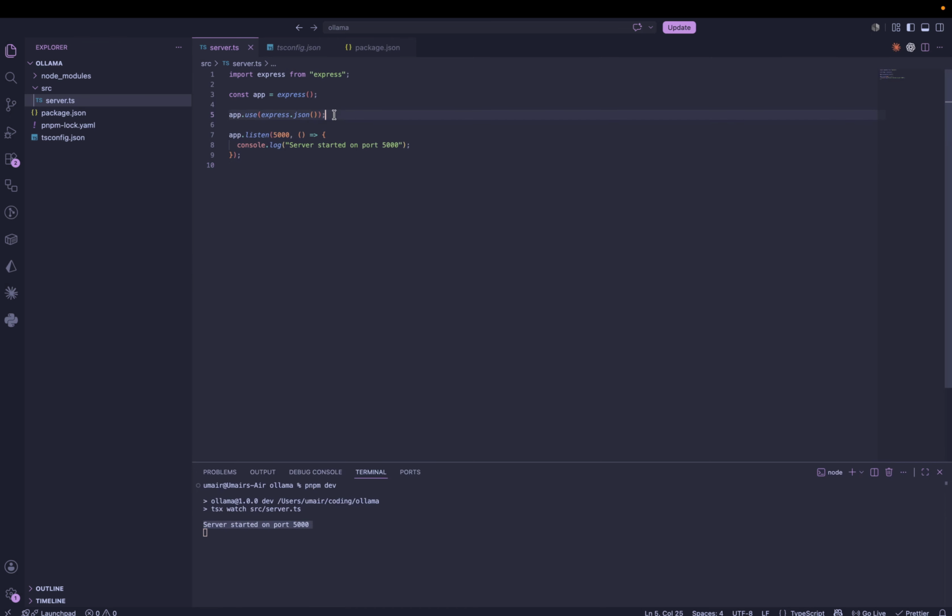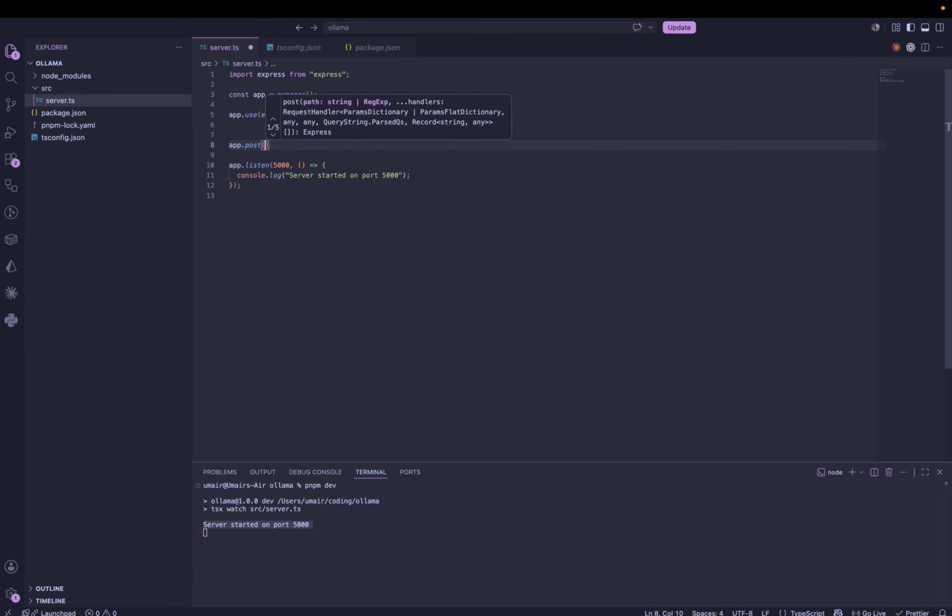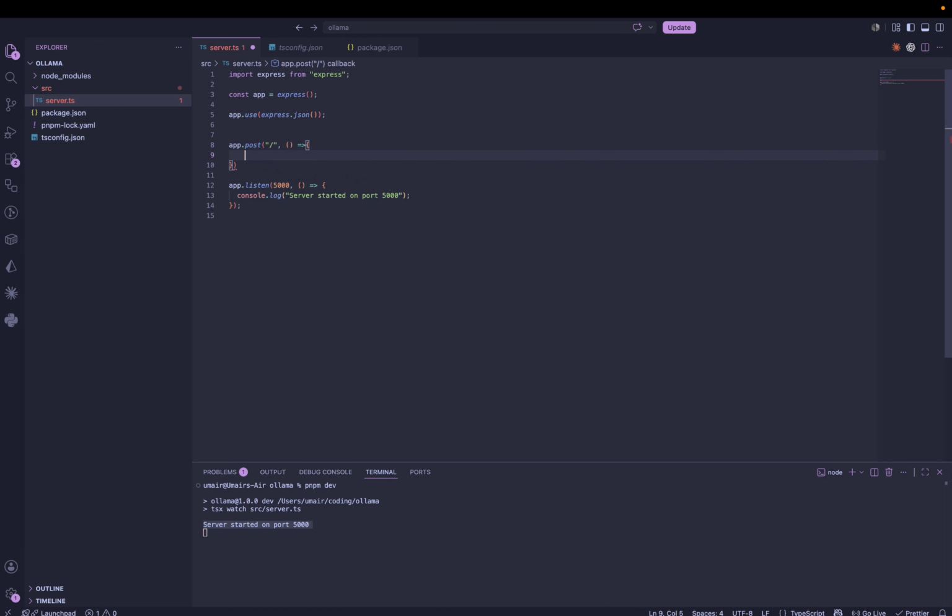Now I'm going to create a route here, app.post, which we are going to use to send a message to the LLM, app.post, and the path is going to be the home route, that's localhost 5000 and slash. It'll take a callback function with request and response. Now I'm going to get the message that we will send to the LLM from the request first. I'm going to do that using const message equals req.body.message, const response